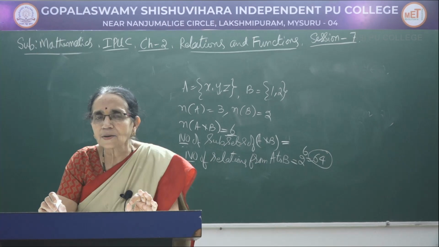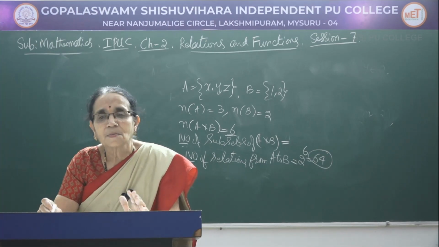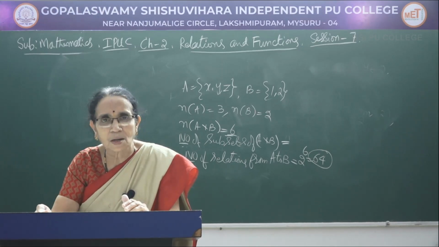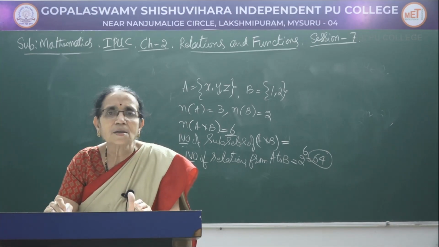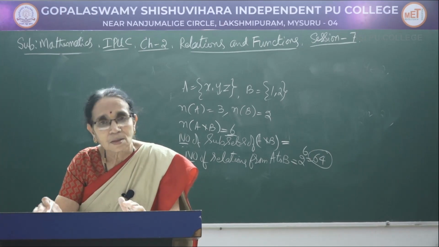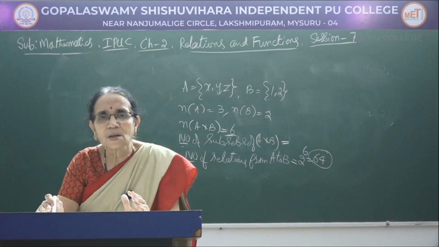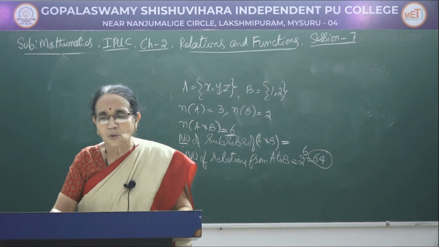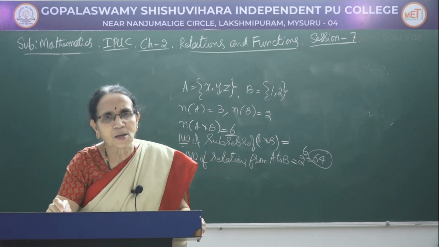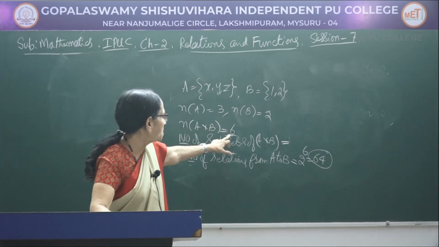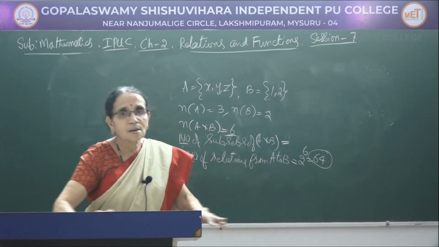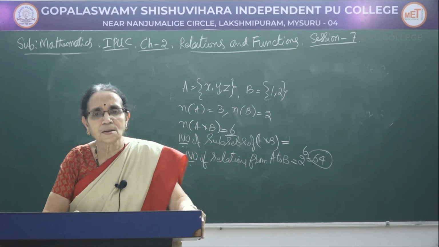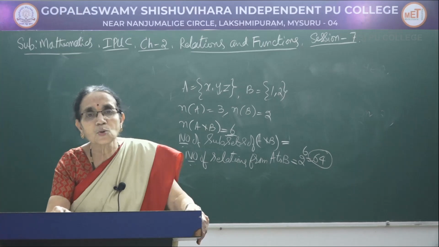A relation is always a subset of A cross B, isn't it? And when a set is having certain number of elements, 2 raised to that power number, whatever number that has been given, will always give you the number of subsets. Since each relation is a subset, each subset can be taken as a relation. Then we can write the number of subsets equal to number of relations, that is equal to 2 raised to that particular number. This is how we have to calculate. This can be asked for a 1 or 2 mark question, that's all. In that case, you first write this one, then give this reason and write the answer there. So for 2-3 steps you can get the result, and for that usually 2 marks would be allotted.